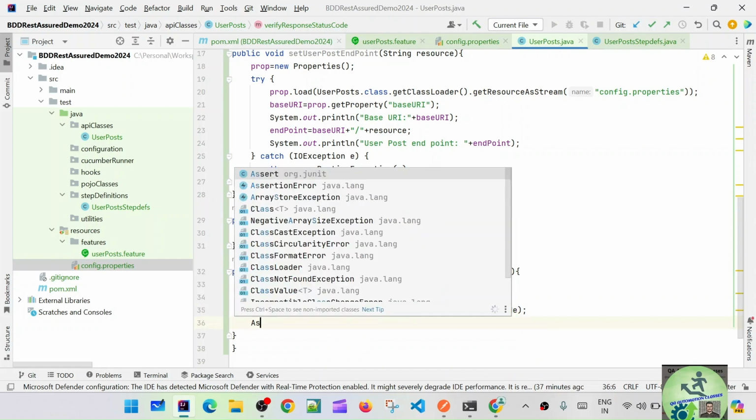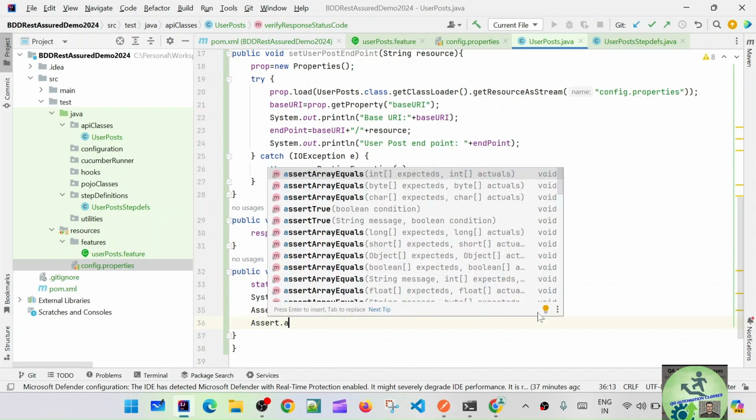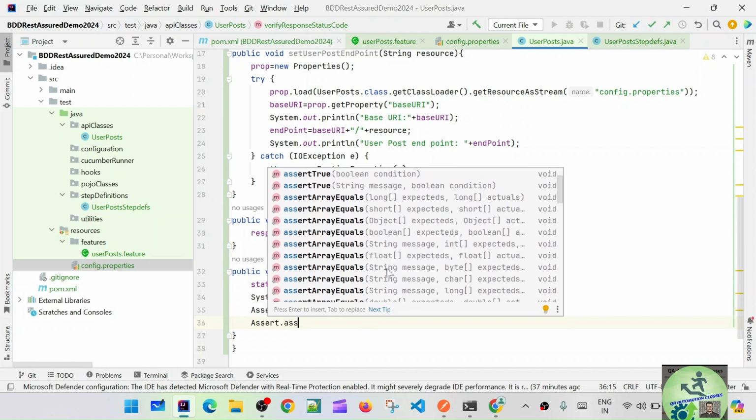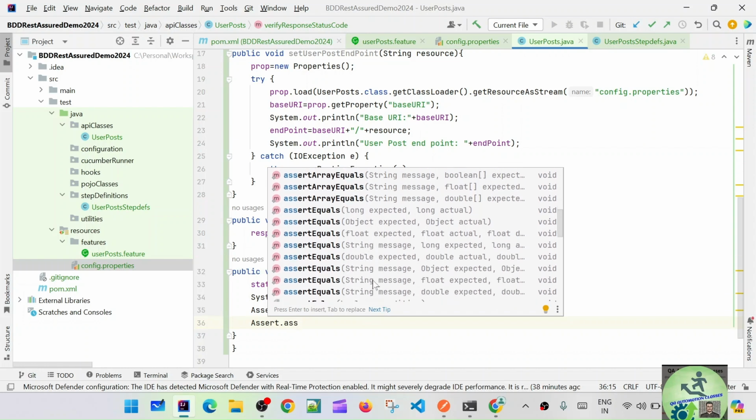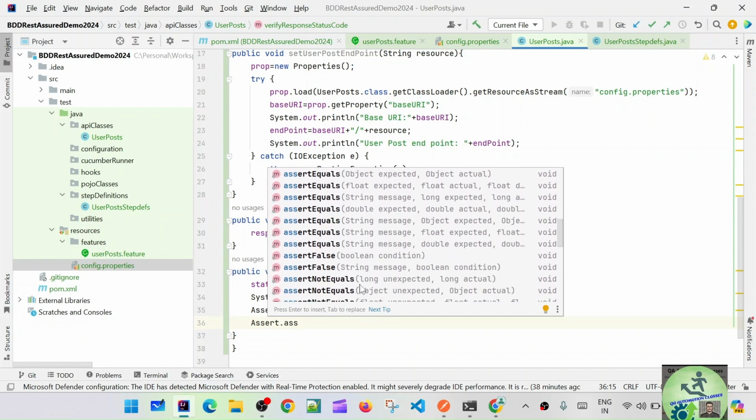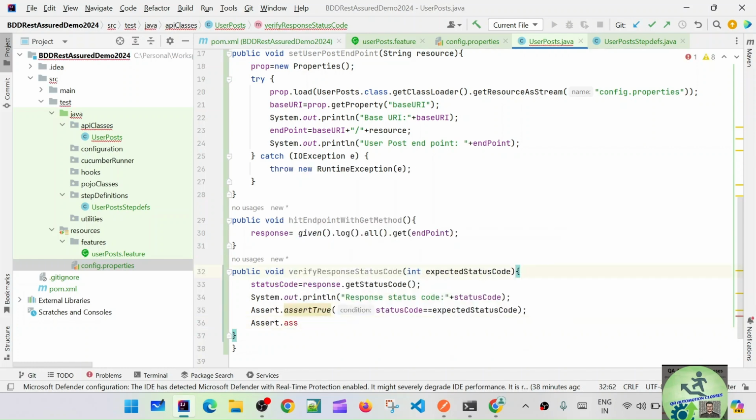Let's see that assert dot assert true. Assert equal also you can give the two things and we can verify. So object expected, object actual, this is what it will take, but ours is int, right? So integer, so you can take integer and you can verify. But let's go with this one also, assert dot assert true, status code double equals expected status code, or we can say